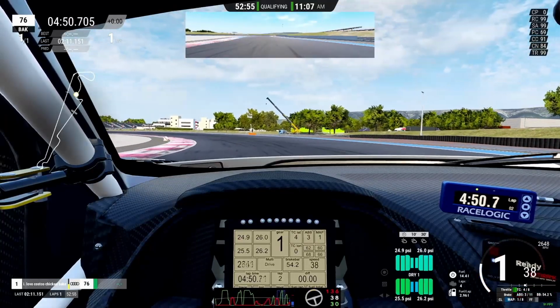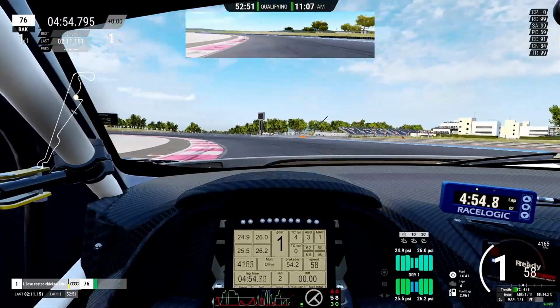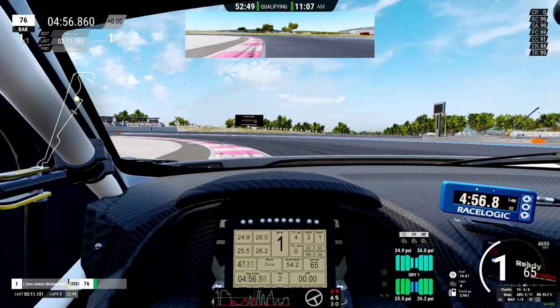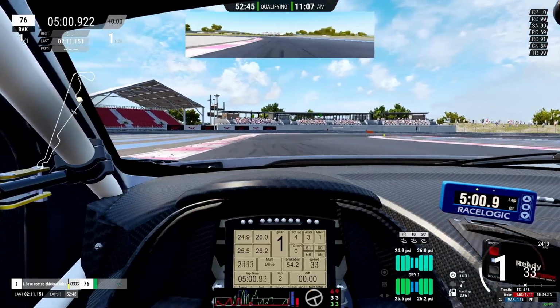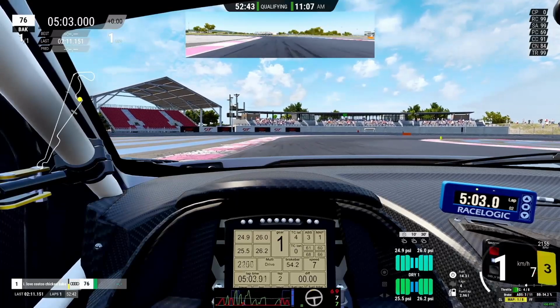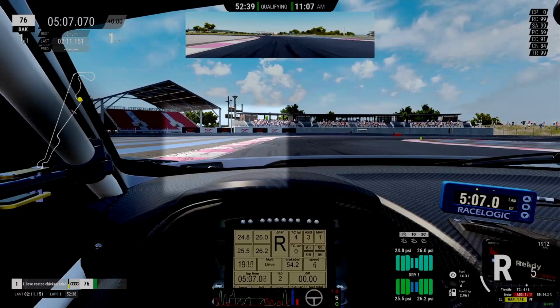but you don't want to be on the brakes for too long because you want to be able to carry all your speed through this corner. You can use a bit of this curb, just don't invalidate your lap by taking too much. And for this one, for this final corner, you're looking at your brake marker, at least my brake marker,